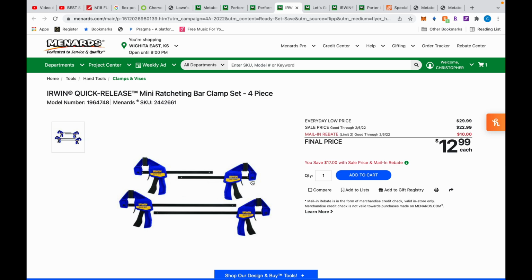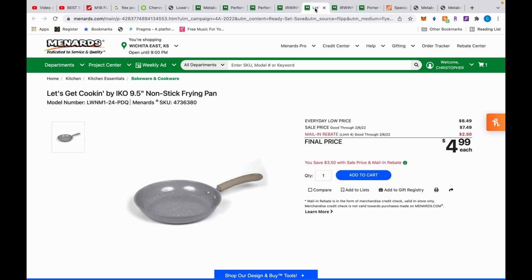These ratchet and plastic ones, or the metal ones. Some of these are bi-material, metal and plastic. Just let us know what you recommend, because I don't know. Anyway,